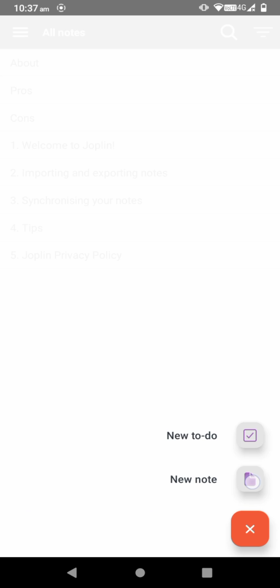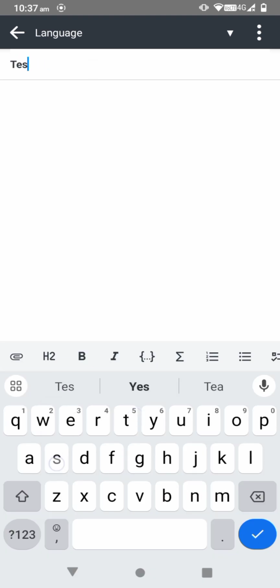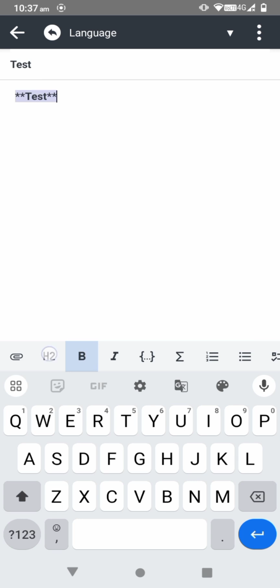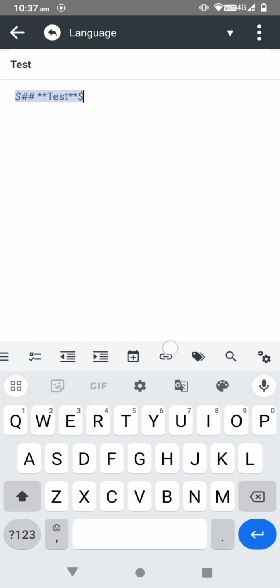To create a new note, you can click the plus sign and click new to-do or note. Let's create a new note, test, and you see all the markdown options at the bottom, or the rich text options. You can create bold text, or you can create a heading, or if you want to create any mathematical operation, you can do that as well. There are a lot of options here,